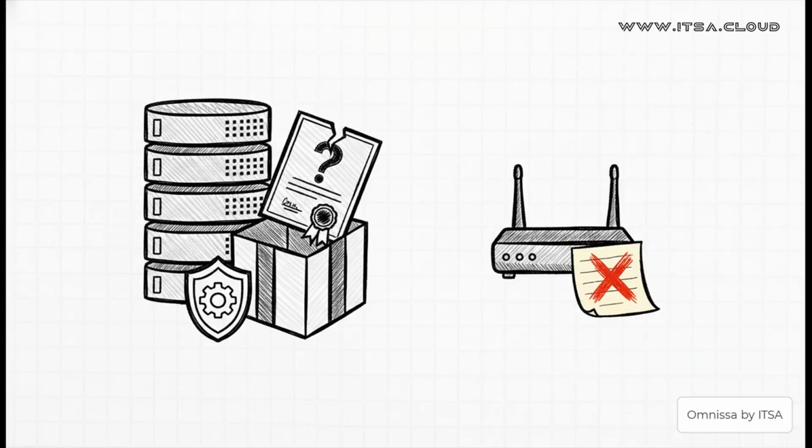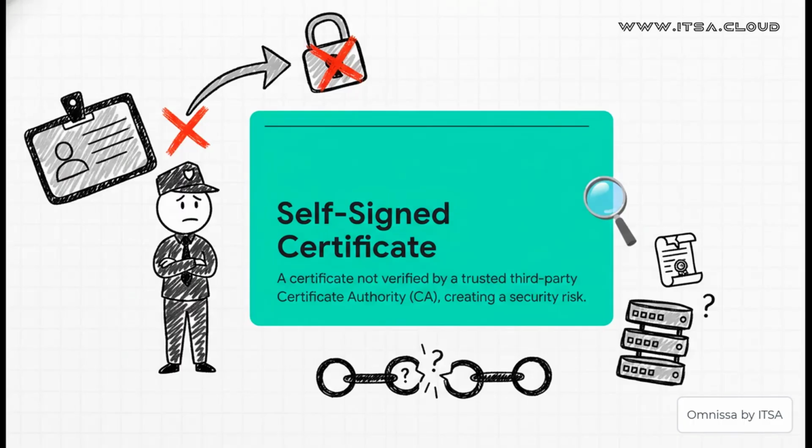Now look, they're there to get you up and running fast, and that's great. But leaving them in a production environment, that's kind of like leaving the factory default password on your home router. You just wouldn't do it. See, these default certificates are what we call self-signed. And to get why that's a problem, just imagine you printed your own ID badge on your computer and then tried to use it to get into a secure building. The security guard would just laugh at you, right? Of course, because it hasn't been verified by a trusted authority. A self-signed certificate is pretty much the server equivalent of that homemade ID.